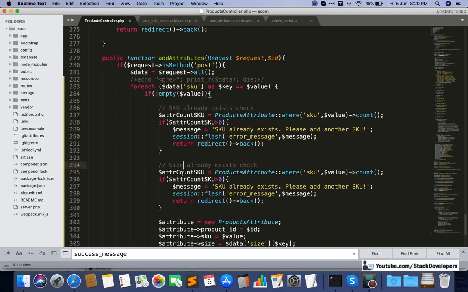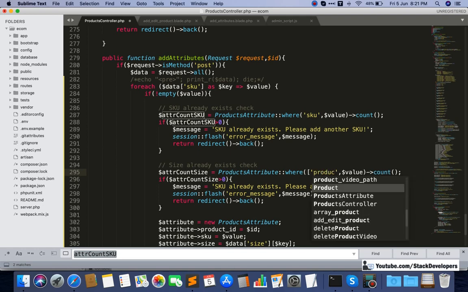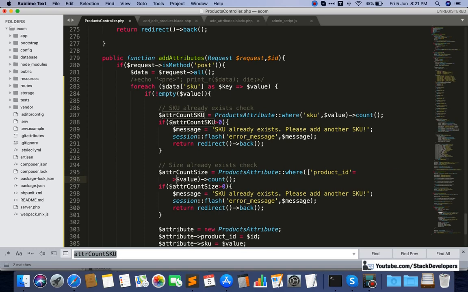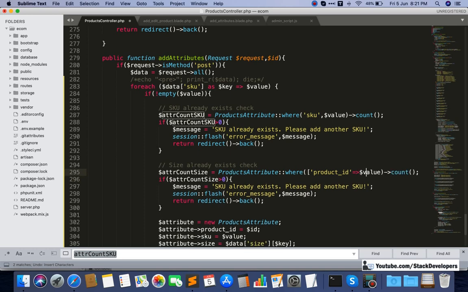First of all, I am going to take this size, and we require to check with the product ID we have in $ID. Next one is our size.